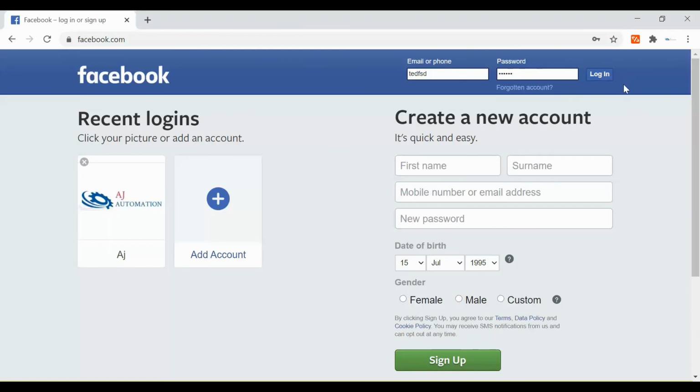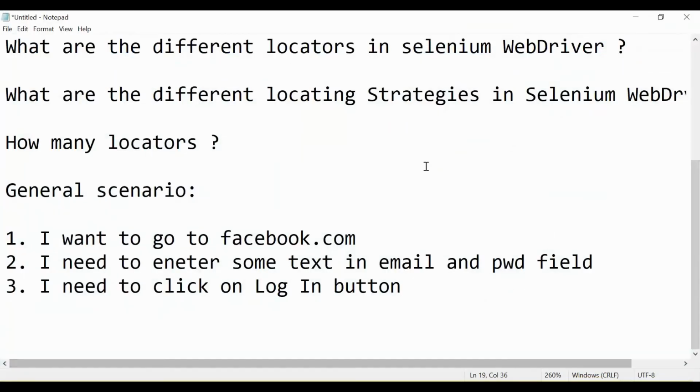So how exactly are we going to tell Selenium to find this web element? How will Selenium find it? There are some functions in Selenium which are used to locate a web element, and we will see these functions now.